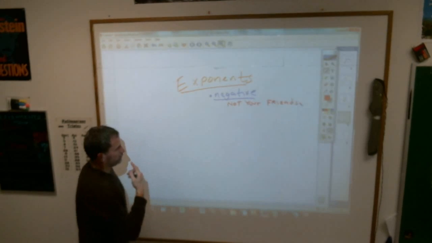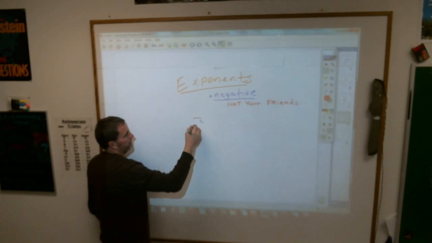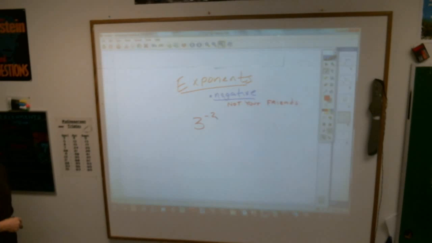Now, the question is, where does a negative exponent come from? Well, a negative exponent would look like this: 3 to the negative 2 power. Now, a lot of people look at that and they go, well, the answer to that is negative 9. No. Negative exponents, I'm going to say this twice for emphasis,